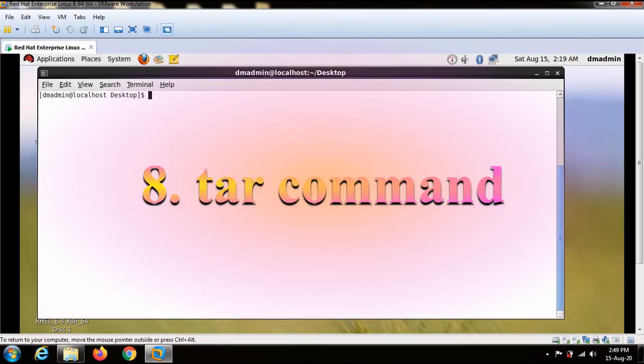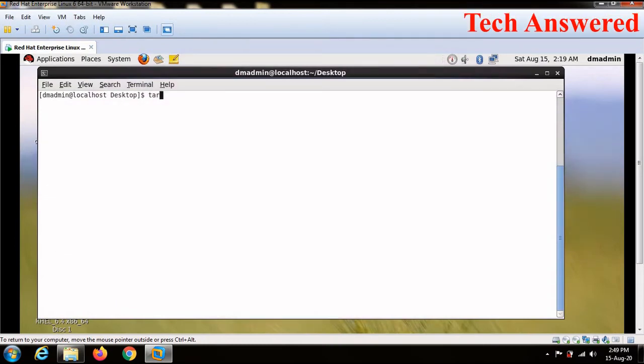The next command that we are going to see is called the tar command. Tar stands for tape archive, and it is especially important if you want to carry a couple of folders or files. You can create a tarball on one server, copy and migrate this tarball to another server, and there you can extract the data. Let us see how we can create a tar file.